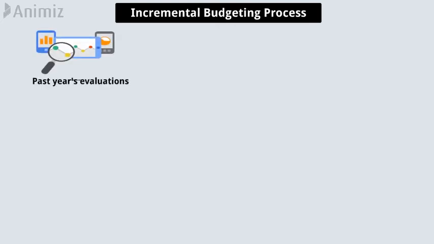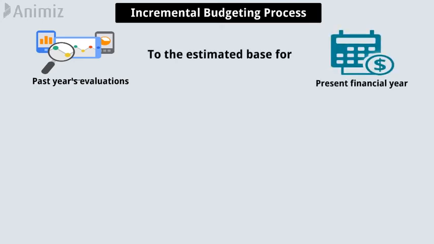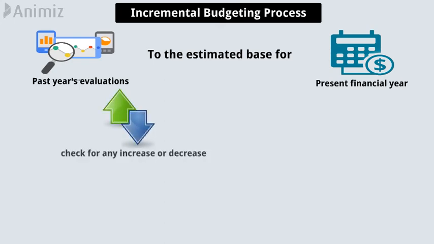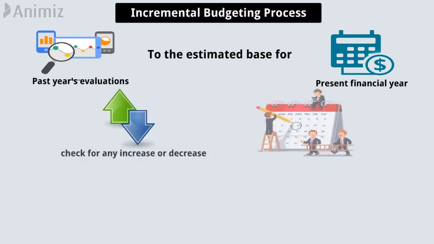Now come to the incremental budgeting process. Incremental budgeting allows you to use the past year's evaluations as the estimated base for the present financial year. The next step is to check for any increase or decrease from the past year and accumulate for the upcoming